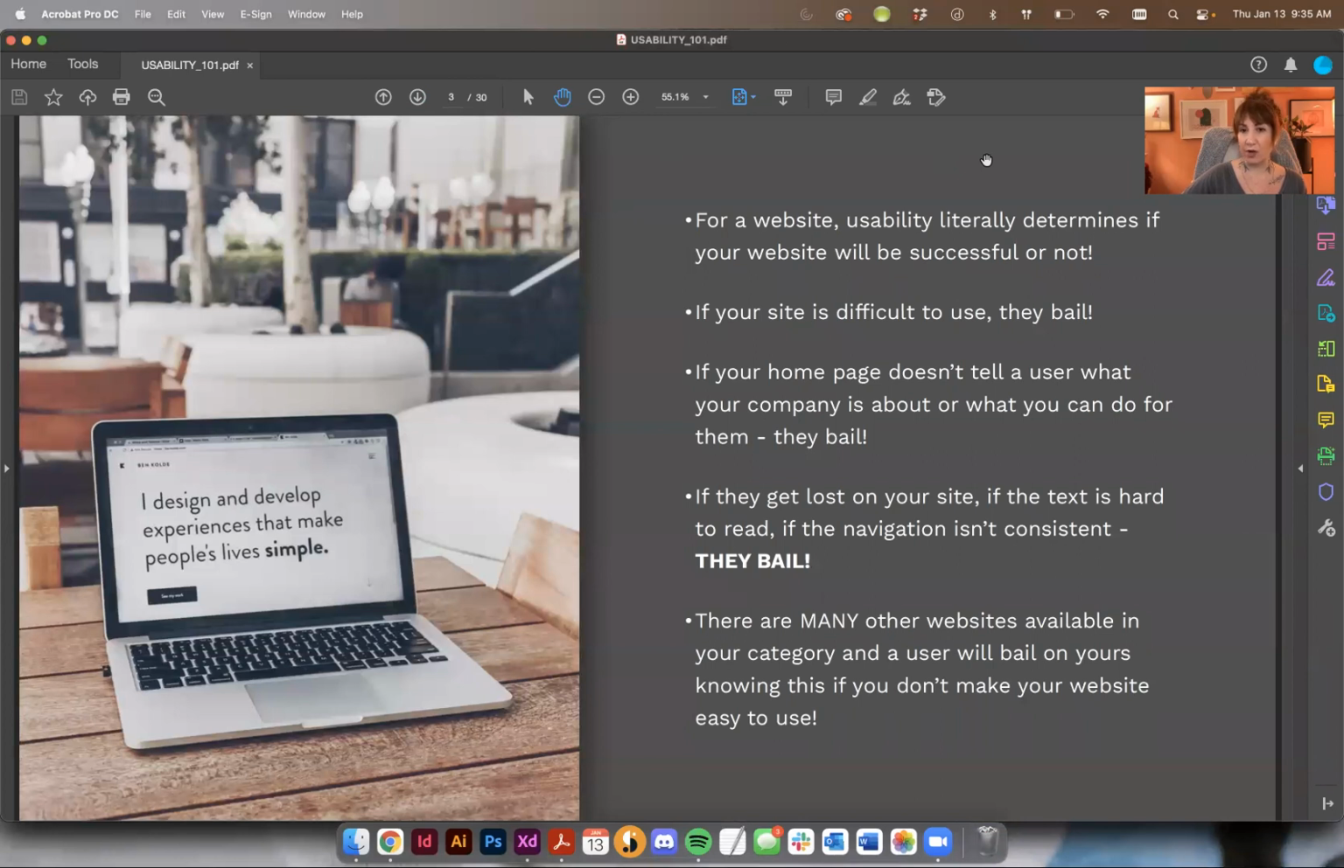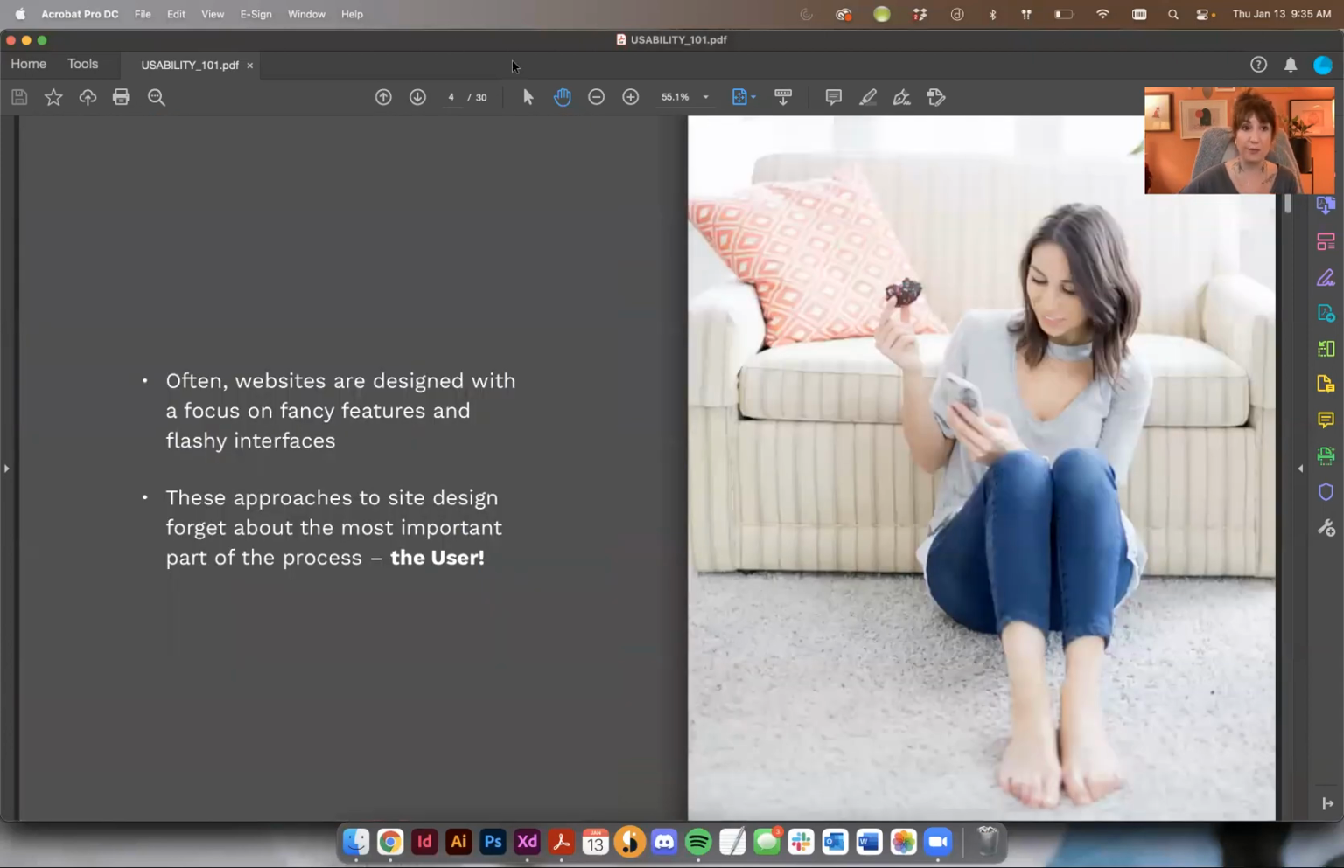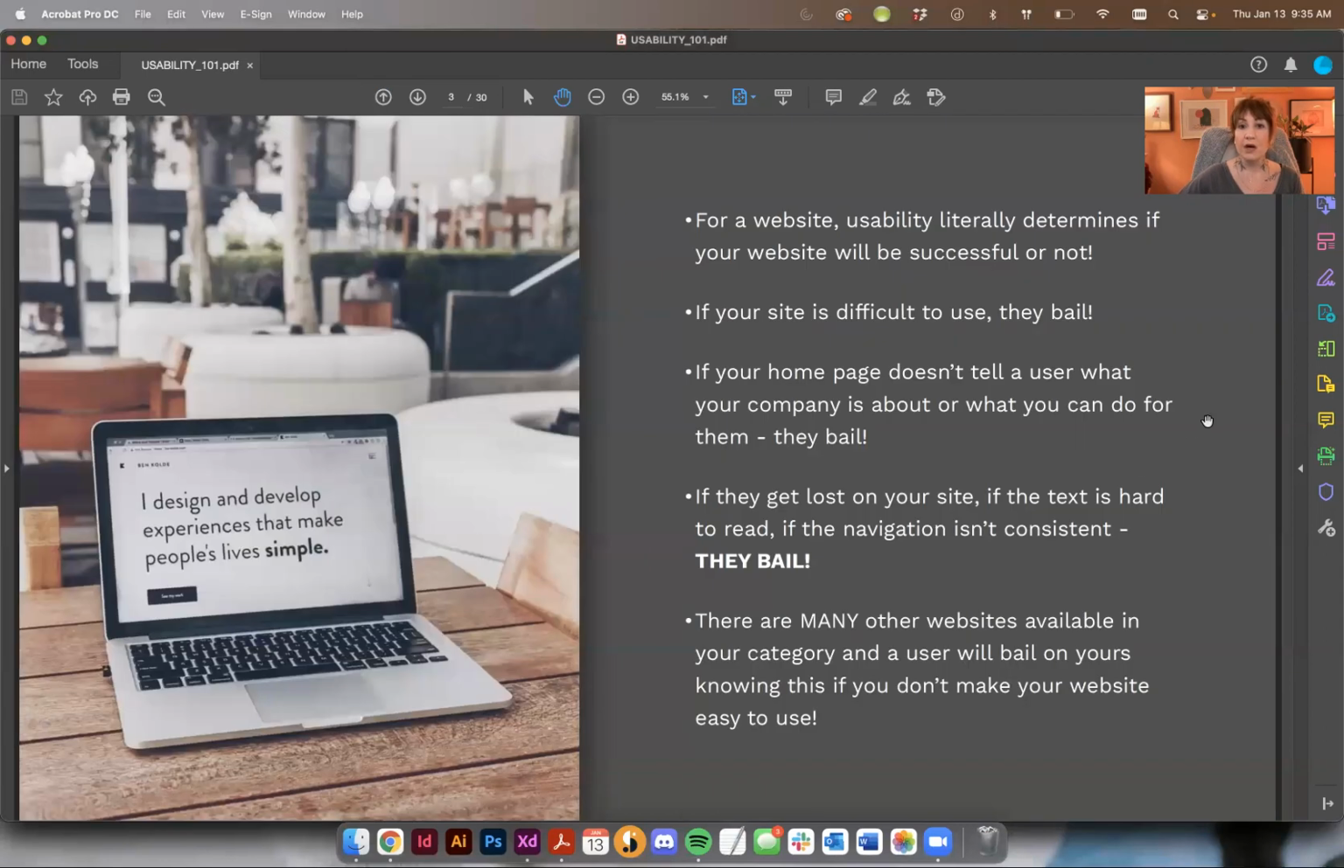usability literally determines if your website will be successful or not. If your site is difficult to use, someone's going to just bail. If your homepage doesn't tell a user what your company is about or what you can do for them, they're just going to bail. If they get lost on your site, if the text is hard to read, if the navigation is inconsistent, they will absolutely bail. So in a nutshell,